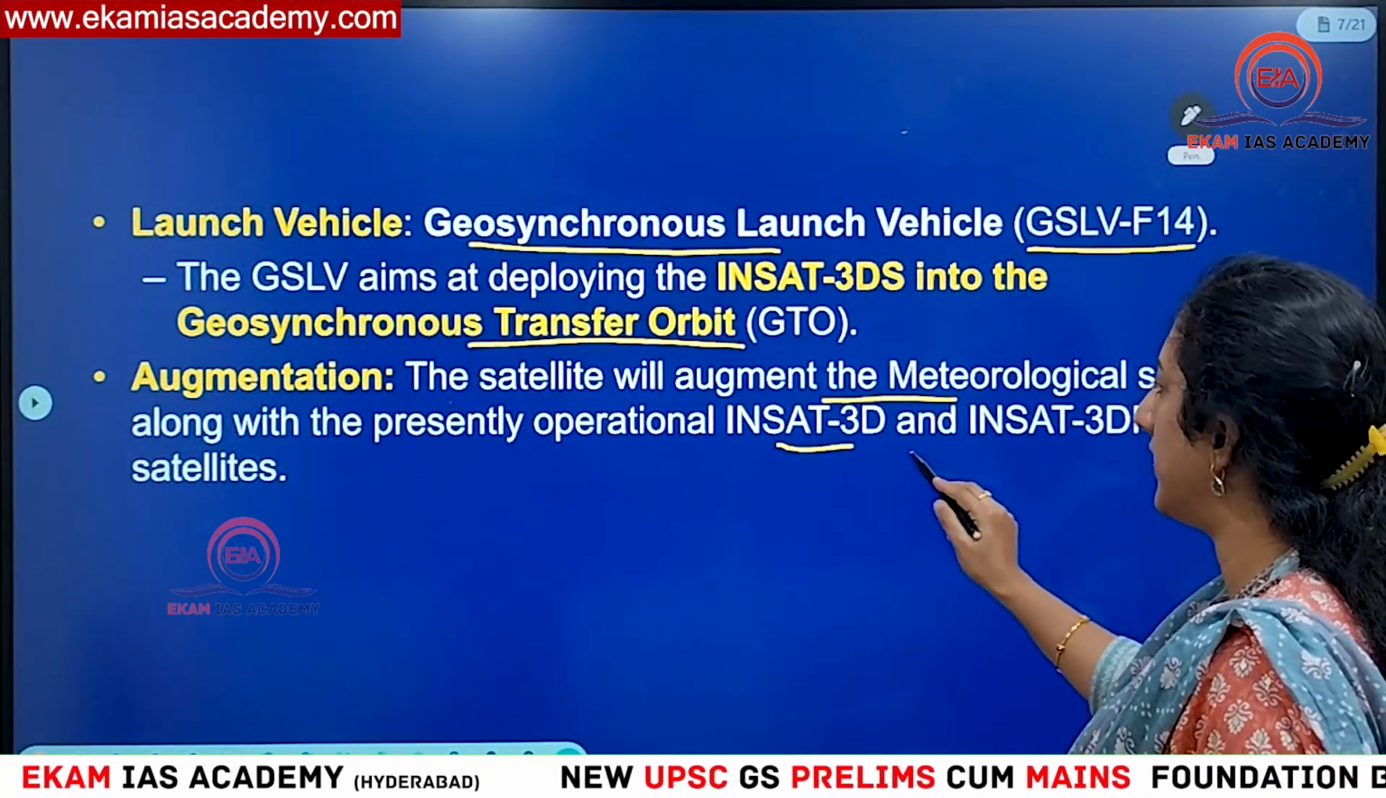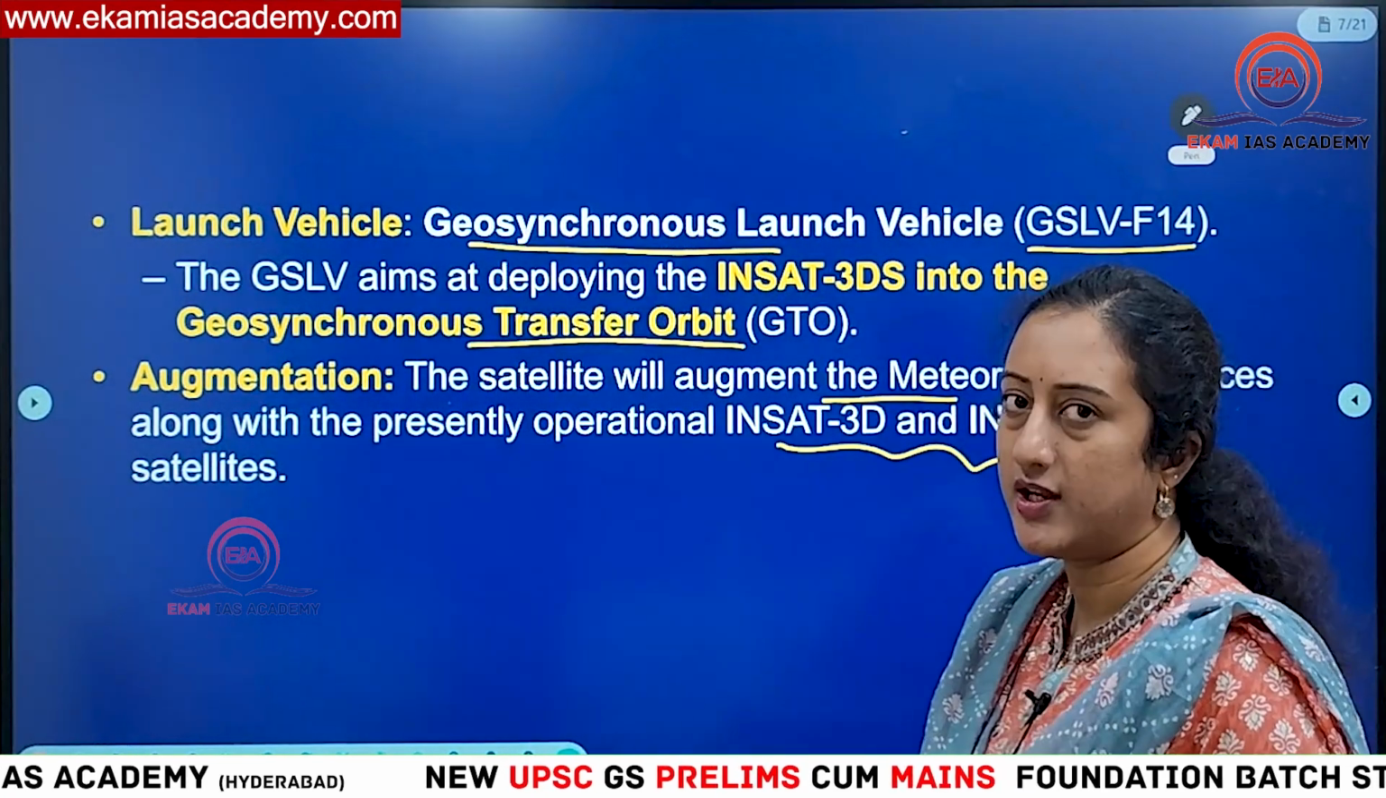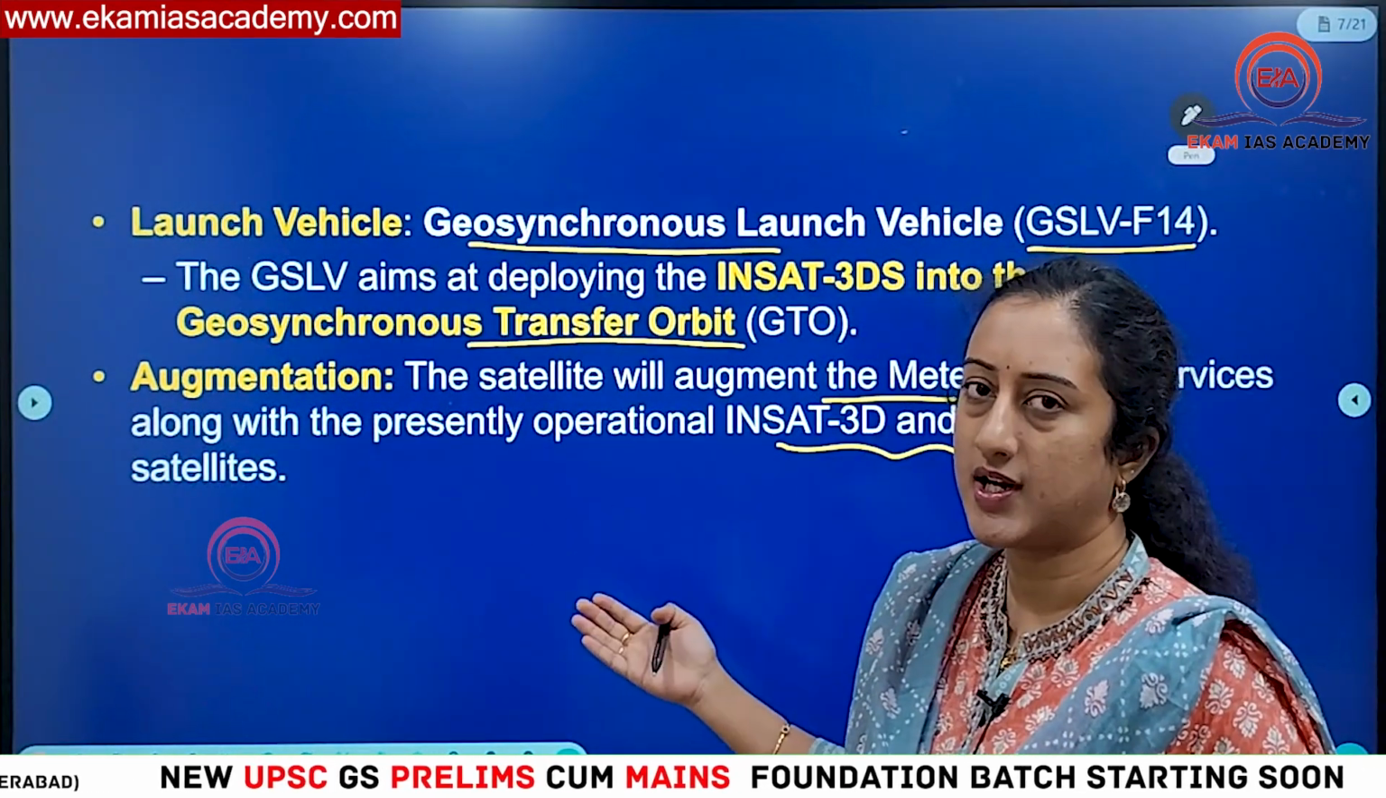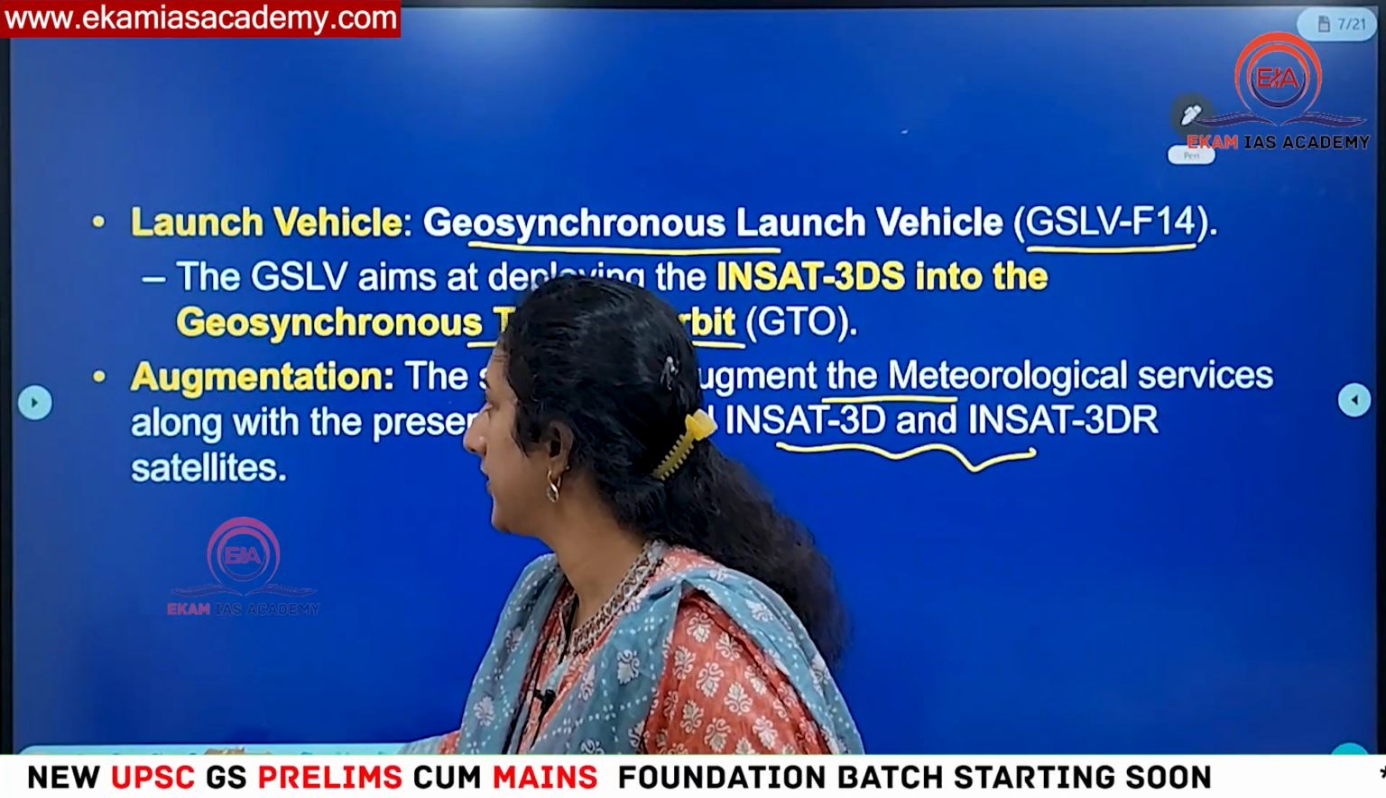Already these 2 previous INSAT series satellites are already there. So to augment services further, we are placing this third satellite also in the designated orbit. Then